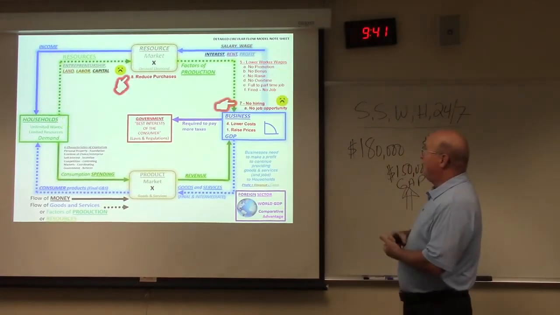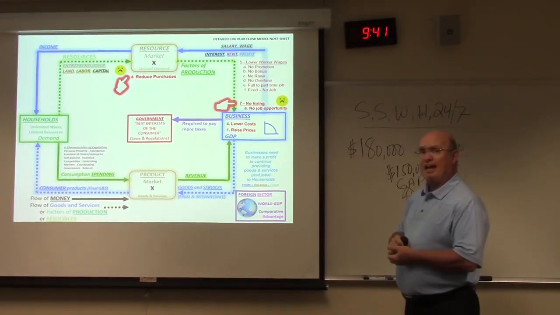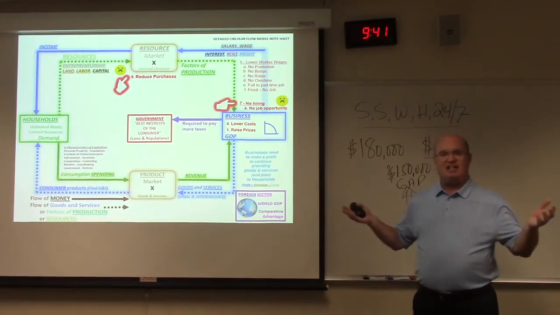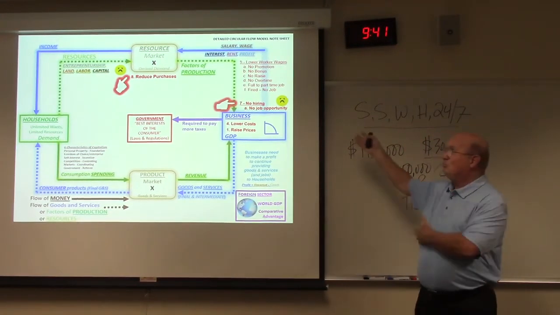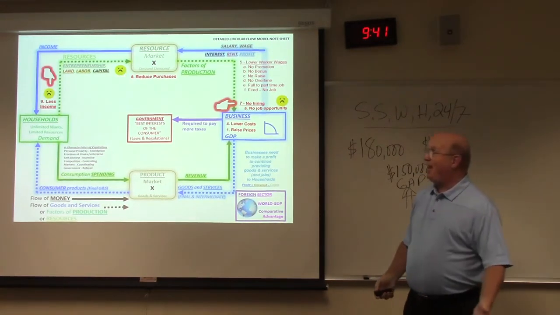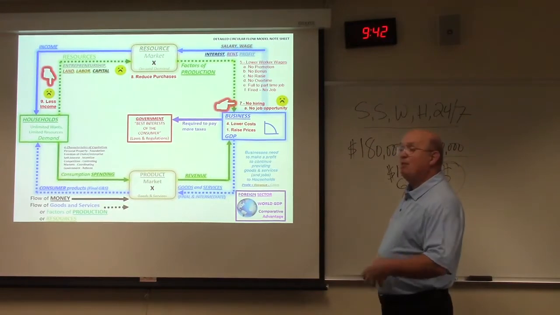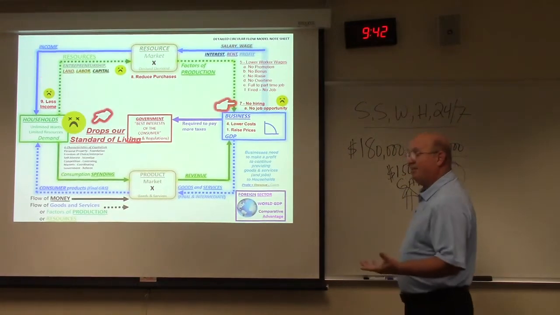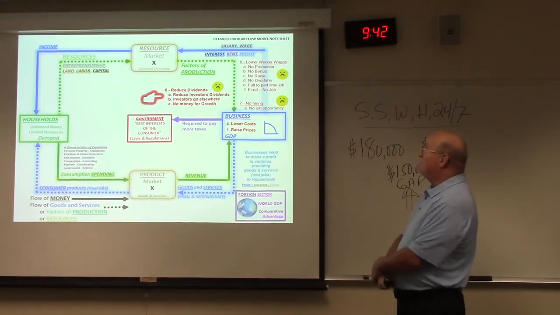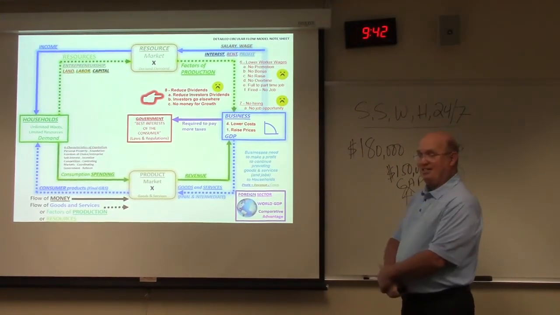So let's take a look at the next part though. They're not hiring. No job opportunities. All of you that want to go ahead and get a job after college, not available. So you can't buy the stuff you thought you were going to buy. You're going to have less income than you thought you were going to have. Your standard of living is going to be below what you thought it was going to be. Then, of course, reducing dividends.